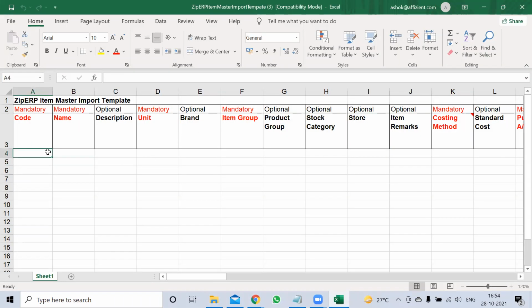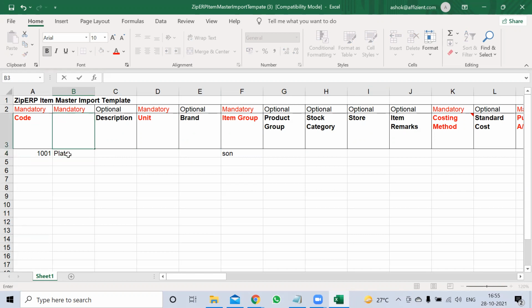Here in the F column, you have to put the last thing, whether it is son or father or grandfather. The last one should come here. Rest, you can put the name of the item.